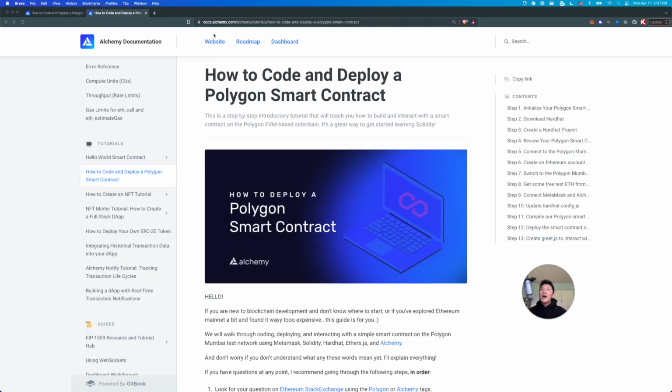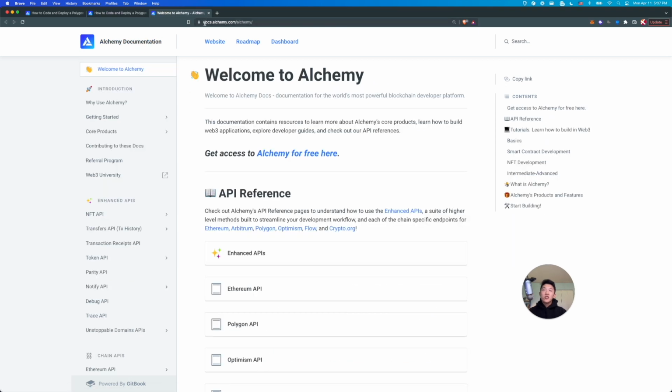and you want to follow a written guide, right here, we have the Alchemy documentation hub. So this is docs.alchemy.com. This may change in the future, so in case it changes, just know that I will keep a link in the video description below that's up to date. So in case that changes, you can find all of our docs and the guide for this tutorial in the